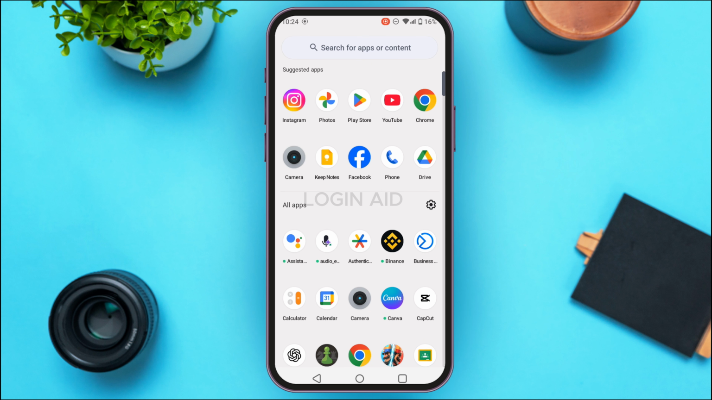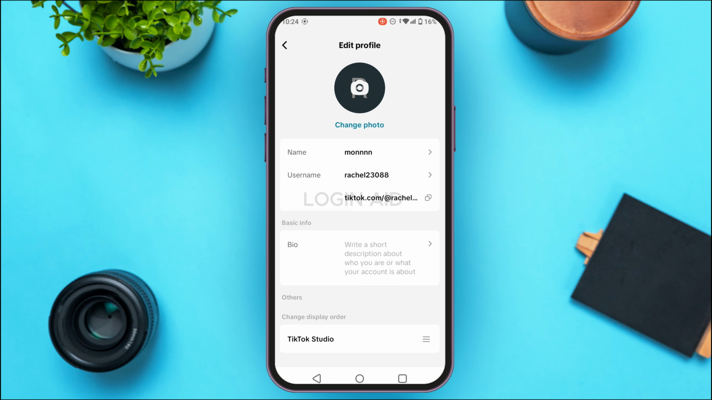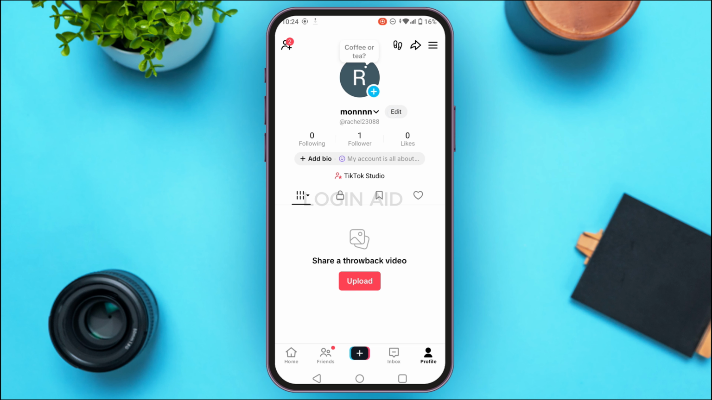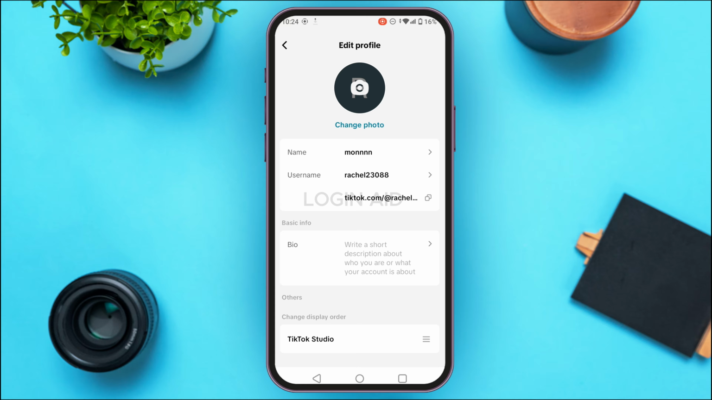Now once both the applications have been updated, simply open TikTok. Refresh it and again tap on the edit option. Now over here you should be able to connect to Instagram. But still, if you're not being able to connect Instagram to your TikTok profile, what you can do is simply